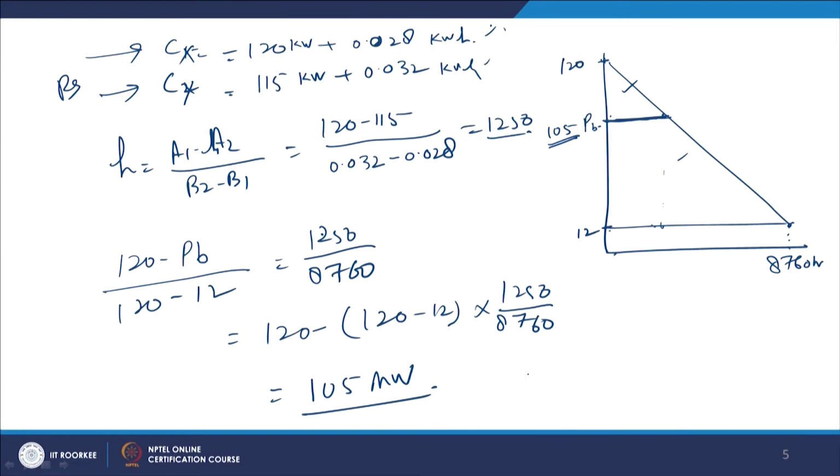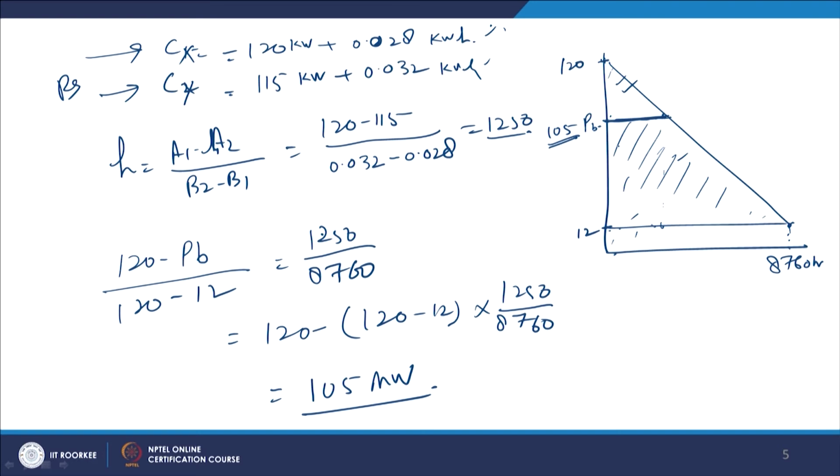Actually, in this case, the area has to be calculated. Simply, it is an area calculation driven numerical. If you calculate this area, you will find that this is the yearly energy produced by the base load plant. So take the entire area minus this area, and that will give you this energy, and this is how you can calculate. Either you take the area of this triangle, or the area of the bigger triangle minus this area. So you can have many combinations of finding a solution to this problem. It will depend on which method you use to calculate the area.